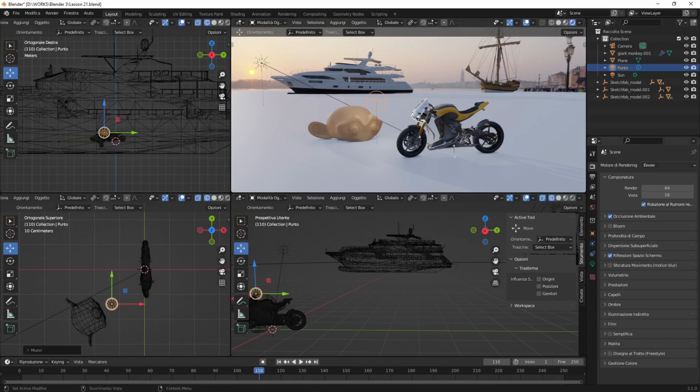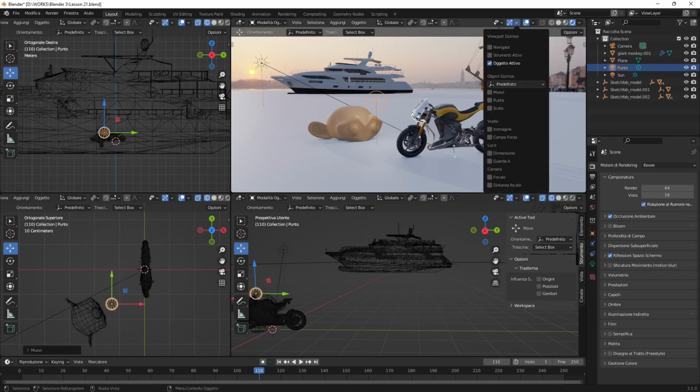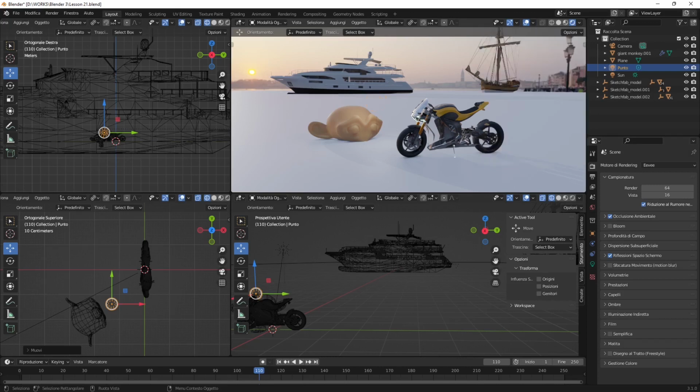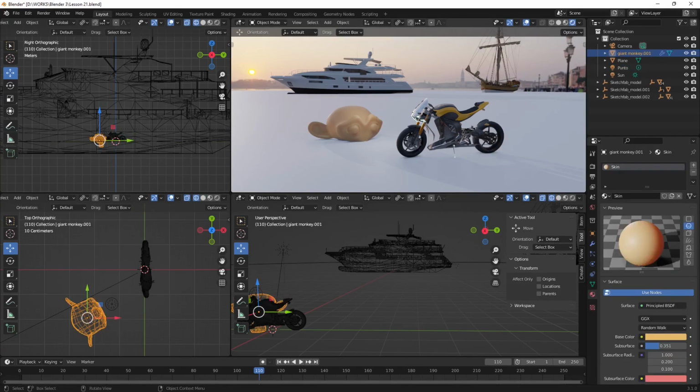So EEVEE again is an approximation. It's better than the standard shaded material preview, but it's always gonna be Cycles the best one. So EEVEE is good for real-time previews and to set up the scene. Now I'm gonna get rid of those objects in the view. I want to keep it clean, and I'm just gonna spend a few words here for the monkey head that